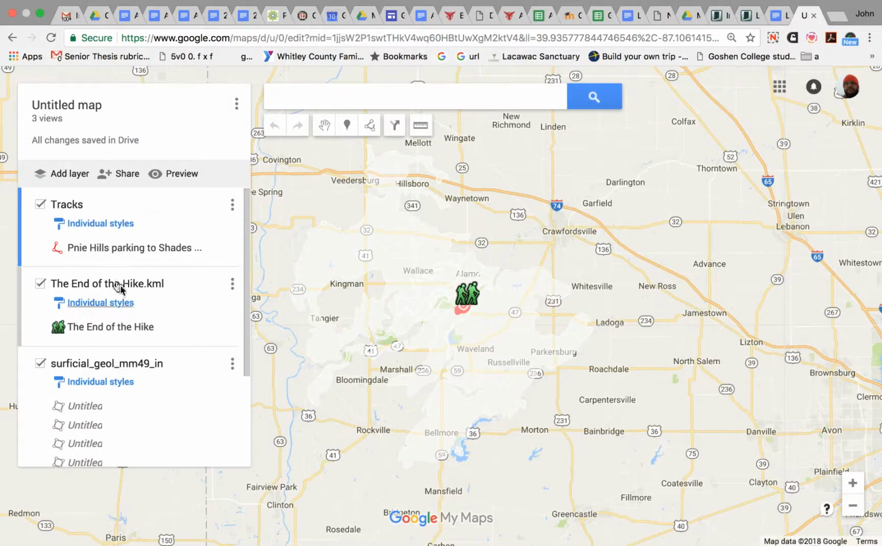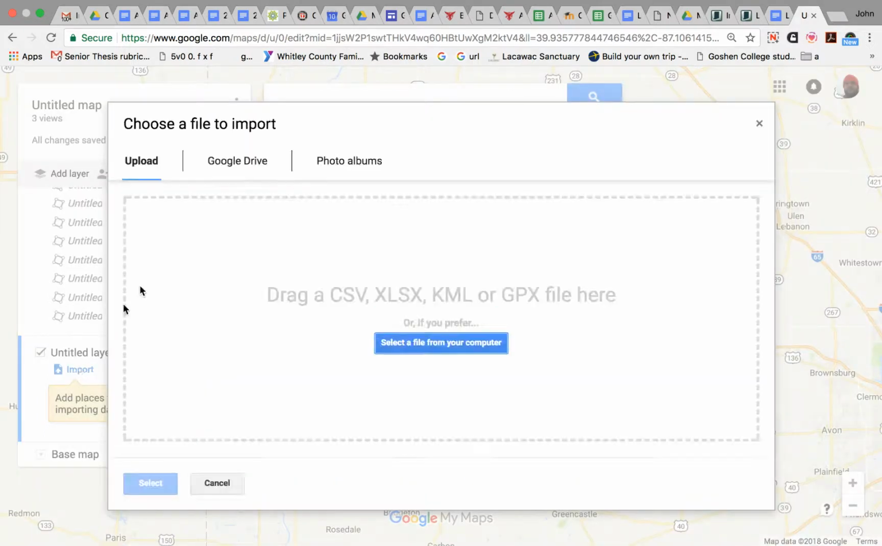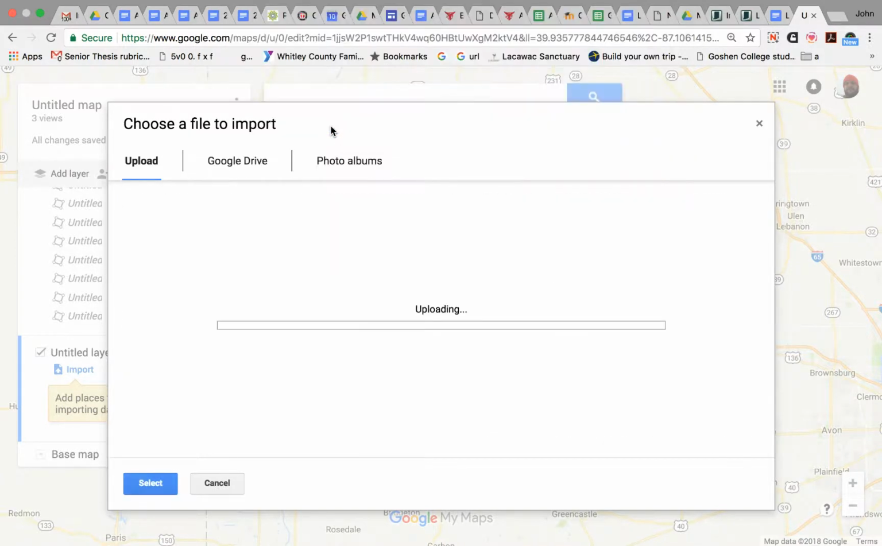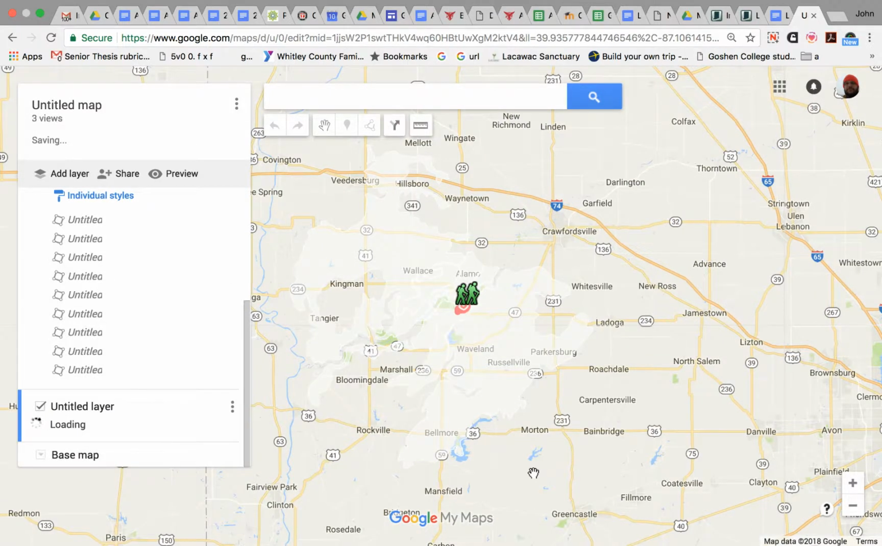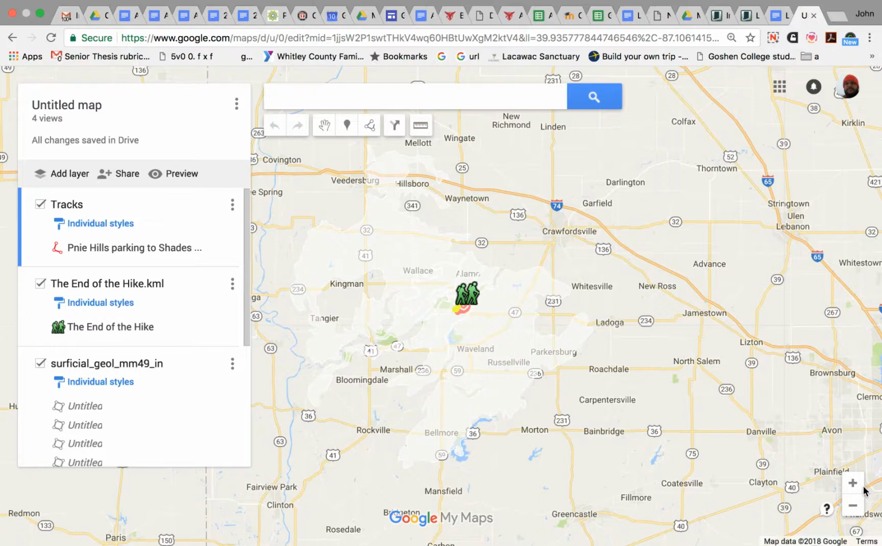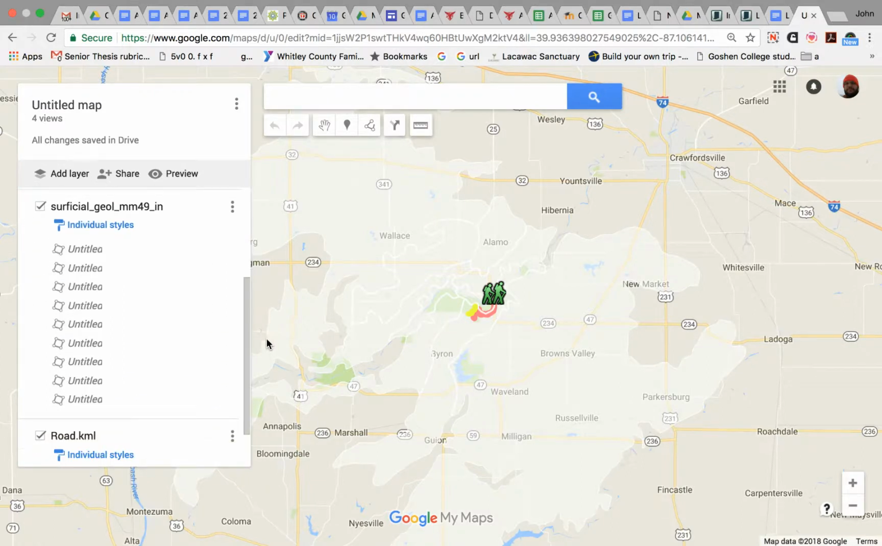So I'm going back here and adding my layers. Let's add another layer. Let's look here. What do we have next? Roads. Okay. Okay. So looks like our surficial geology map